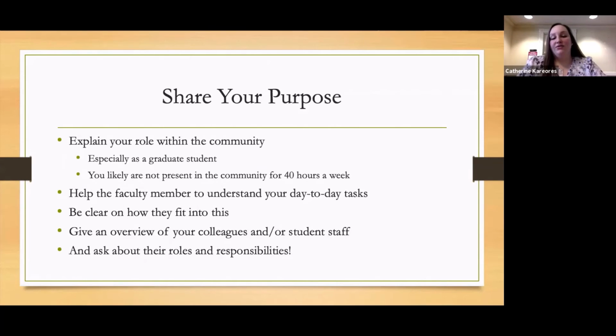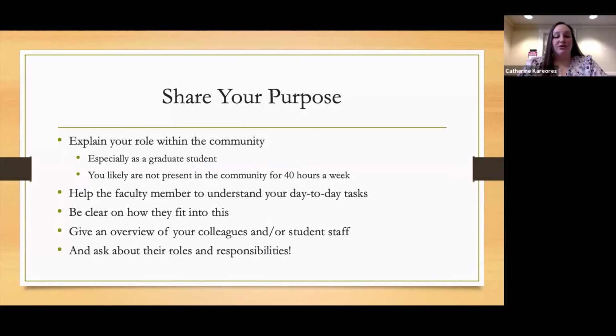And then give them an overview of your colleagues and your student staff. So I found that our faculty principal and our living learning community team love getting to know our resident mentors. They're the ones who really have the most insight into what our students are interested in. And they really value the feedback that our resident mentors have when looking at different themes for events or even times and dates. They know when our students are in class and when they're most likely to be willing to attend that event.